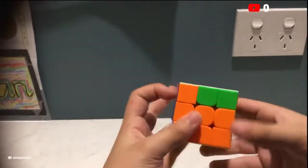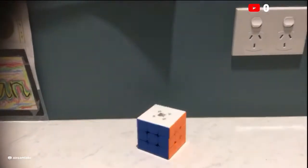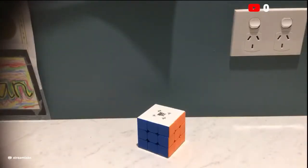Sometimes you can get PLL parity as well. And then the last layer is done. So that's pretty much how you do it. And there are some parities you can come up with. And search up J-perm 3x3 blind parity or something like that. And you should come up with the video